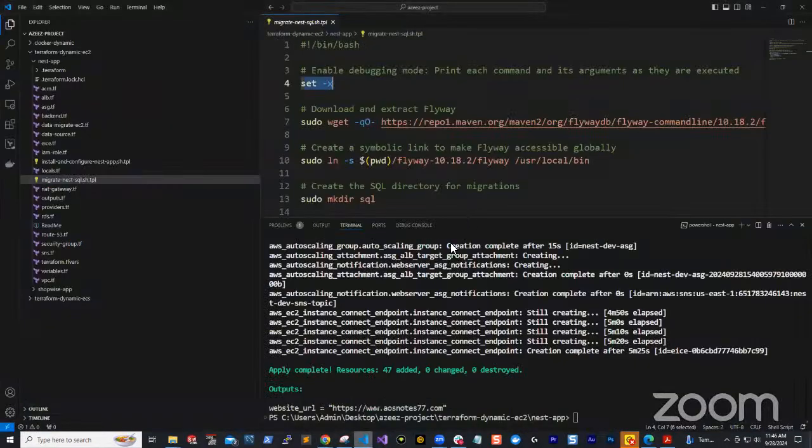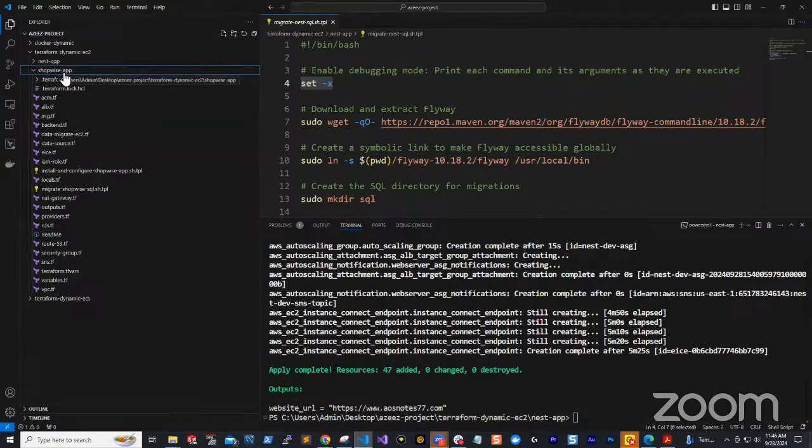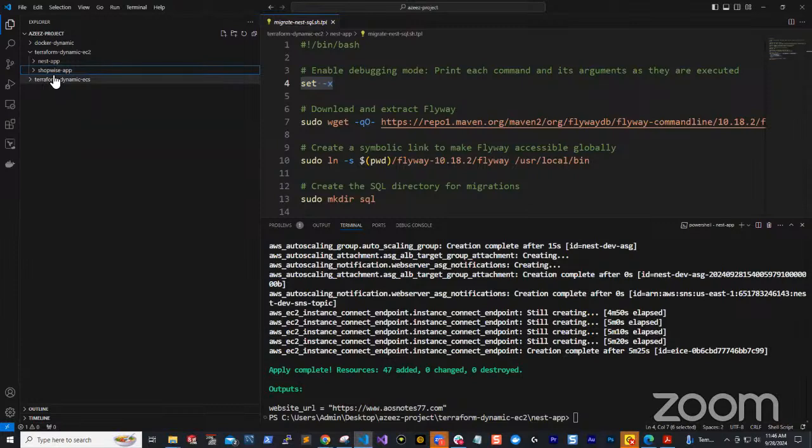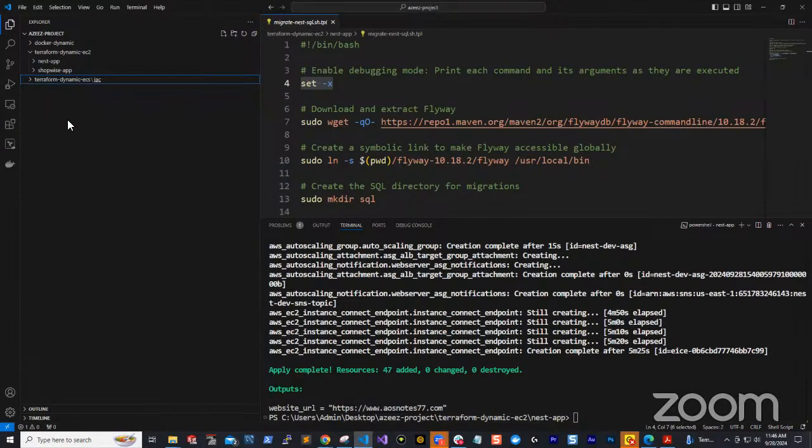So yes, that's what I want to do. I've completed the next one. I'm going to do the Shopwise one, the app. Then I'm going to do the Rentzone, that'll be for the EC2. Then I'll do the same thing for the ECS project. And after the ECS, the Kubernetes, I'll do the same thing for the Kubernetes. Then the last one is the CI/CD and also the Terraform module. So I'll do the same thing for it. So at the end, all the code will just be in one repository. It will be easier to